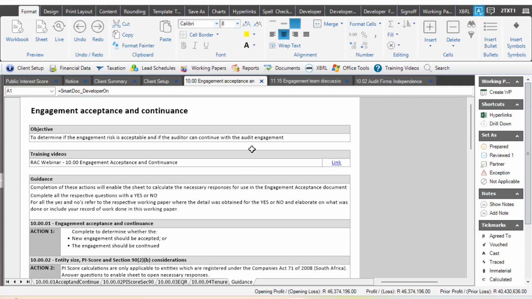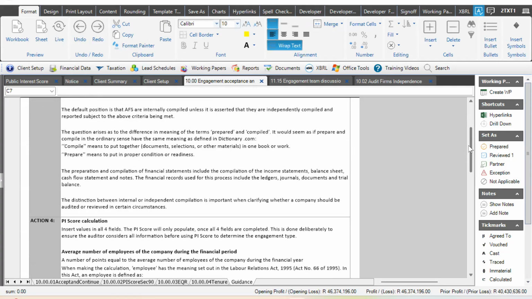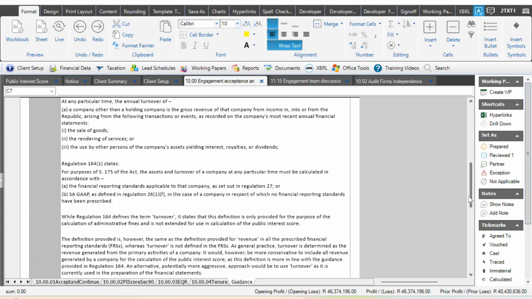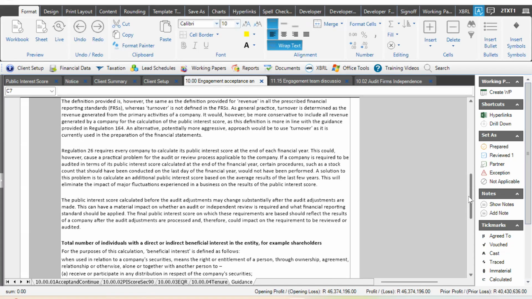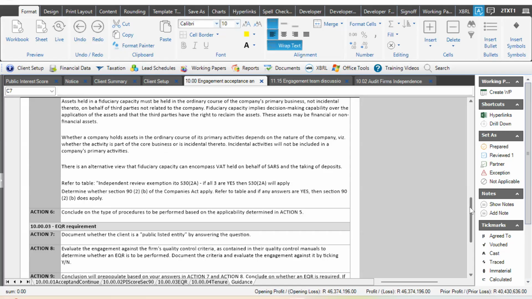specific working paper. As with any auditor, when you perform a procedure, there should be an objective to that specific procedure. So we do outline the objective. We also add a link to the training that is there on YouTube for that. And if you scroll further down, all the actions have been explained for you. So do take time, especially when there's someone who's doing an audit for the first time, please always advise them to go into the guidance so that they can familiarize themselves and understand the whole point of completing